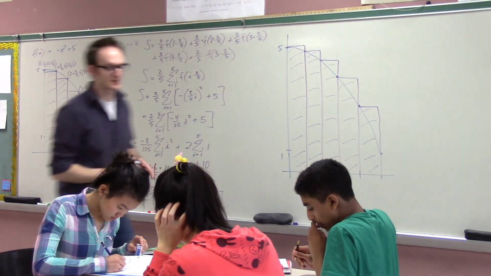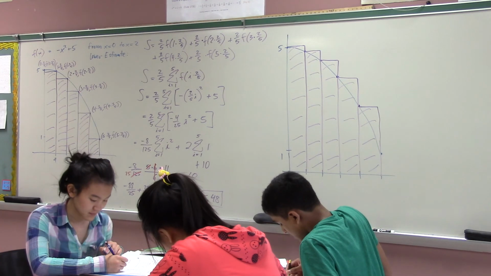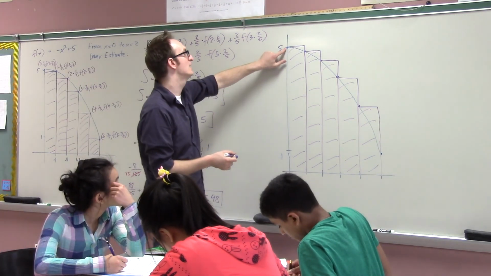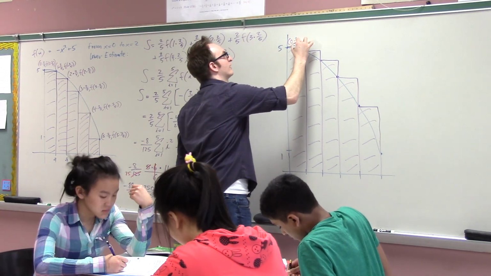So a picture's worth 1,000 words. Everyone see how now by drawing the rectangles like this, I'm going to have an overestimate, right? Okay, so now we go through this process again. What are all these points? Well, this is 0 times 2/5 times f of